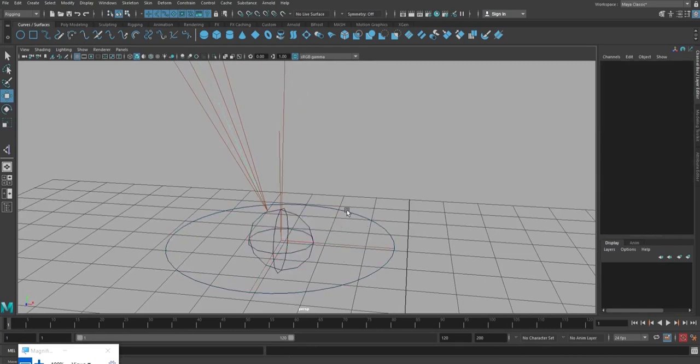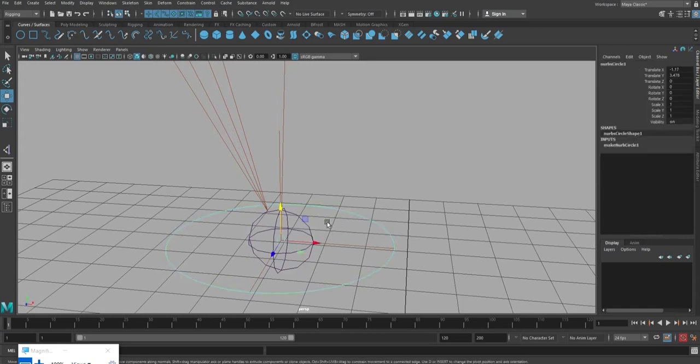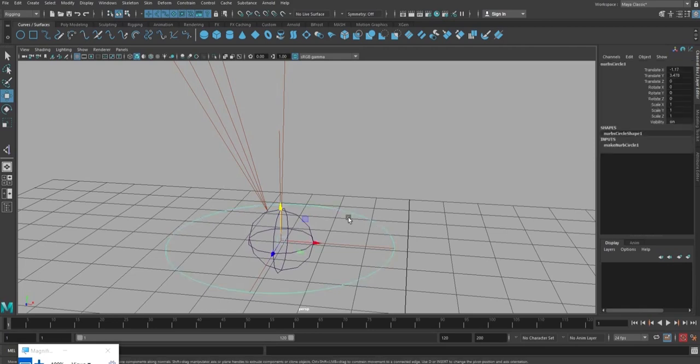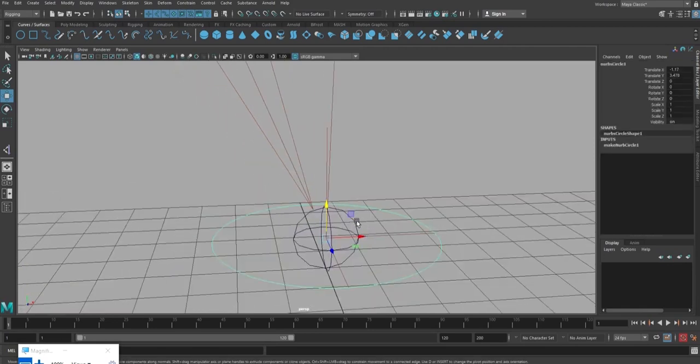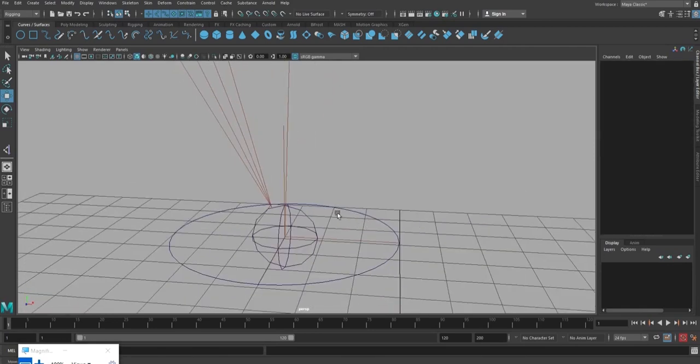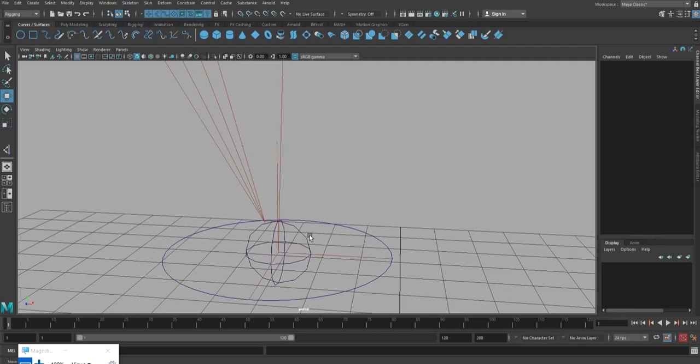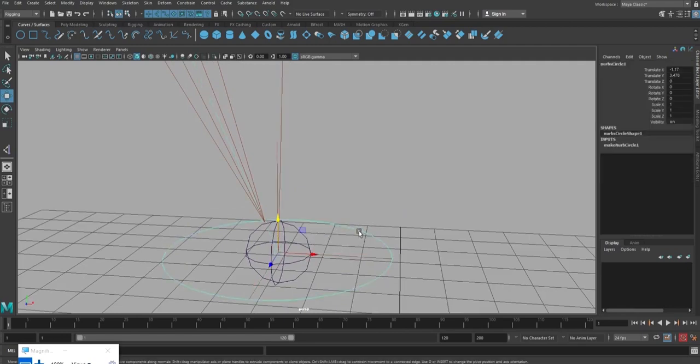Okay, so what will happen if you connect this to this joint? If you move this, this may move. Okay, but it is not a right way, right? So here, who is the master controller? IK handle. So I'm just going to connect this controller with the IK handle.